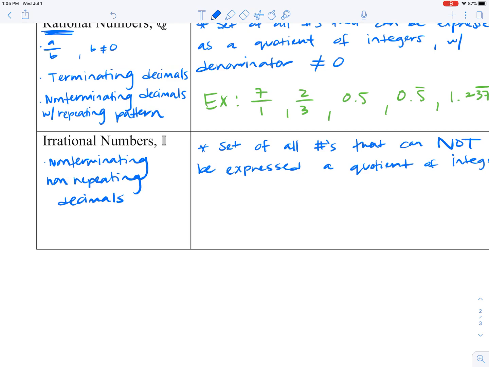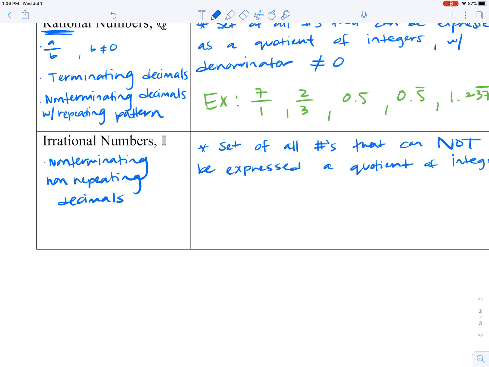And the non-repeating part, what I mean by that is that there's no repeating pattern. It's just there's no way to memorize the entire number, because there's no repeat, there's no sort of pattern, and